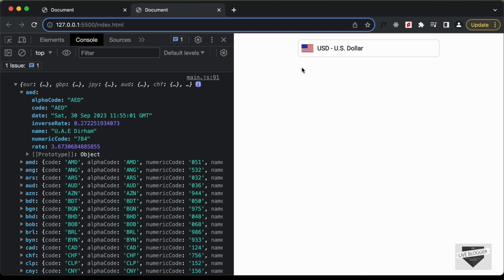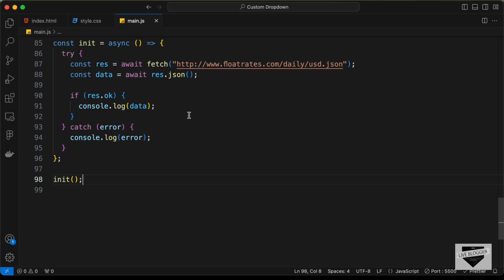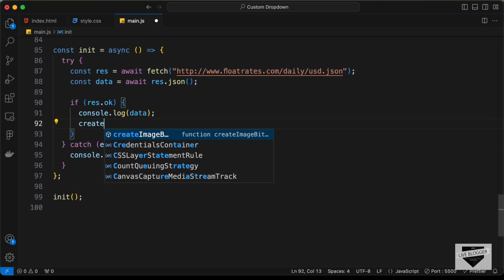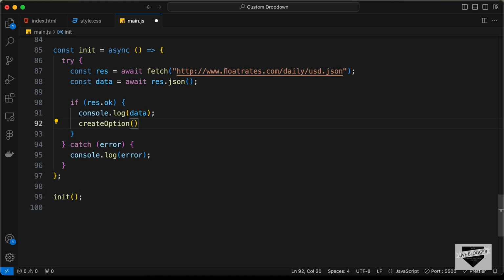So we need to have this code, and then we need to have this name. So we need these two values. We need to have the code and the name. So let's go back and let's create a function called create option, and in that we will pass the details